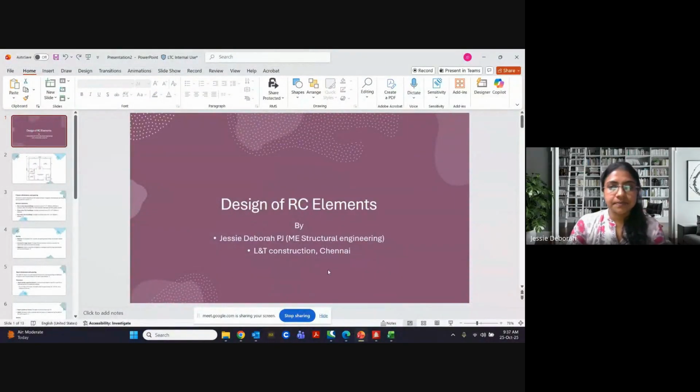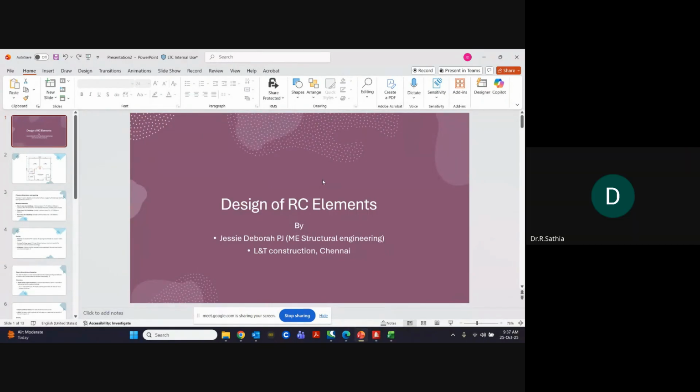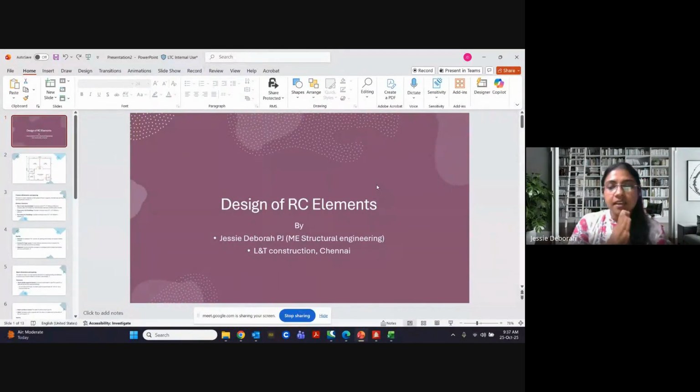Okay, let's start. Ma'am, if my screen is not visible or you're having some other issue, please let me know. Otherwise, we will continue. Screen is visible, Jesse. Your presentation is. Right. Okay. So today, just like how we've been looking at the design of other RCC elements, we will be looking at how to do it on STAAD.